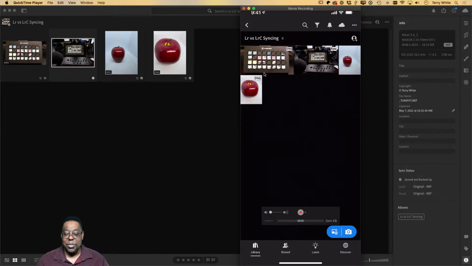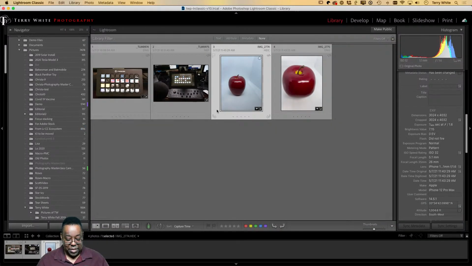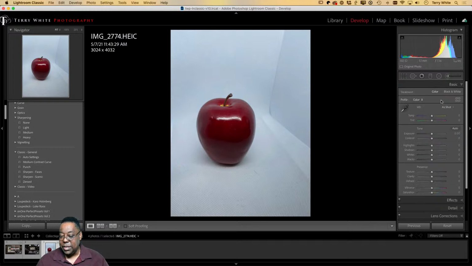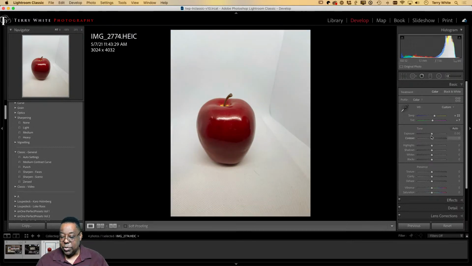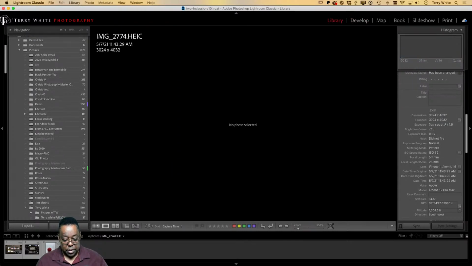So I have the ability to work with any of these and do anything to them. And no matter where I do those changes, they will happen across the board. So if I go back to Lightroom Classic and I say, well, the white balance on this photo is definitely off, and I go into my develop module, and again, this one came down from the cloud in its full resolution, and I go to basic, and I choose the white balance tool, and I go ahead and click, and I adjust the white balance and maybe cool it off even a little bit more. There's my white balance, and again, if I crop it, oh, hang on, I didn't mean to hit C, I meant to hit R.